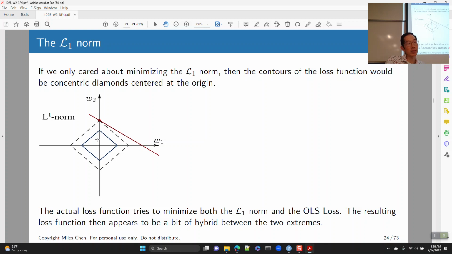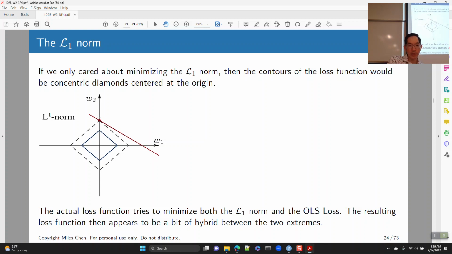And if you think about the absolute value of W1 and W2, this solid diagonal line is kind of like all of the places where the sum of the absolute values of W1 and W2 is the same, right? So if you're looking at where W1 and W2 add up to 2, you can have 0, 2; 0.5, 1.5; 1, 1; 1.5, 0.5; 2, 0. And you get a diagonal line. Similarly, you can do 0, negative 2; 0.5, negative 1.5, and so on and so forth. So you get these diagonal lines, these diamonds, which are areas where the sum of W1 and W2 adds up to the same value. If we were only focused on minimizing the L1 norm, these are what the contours would look like,